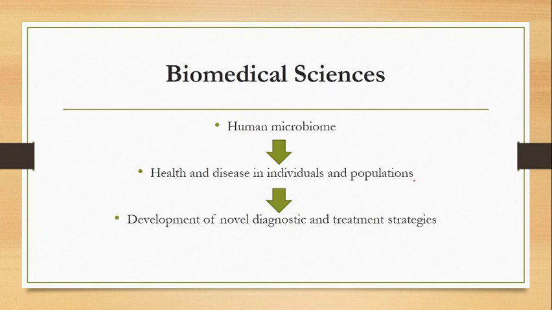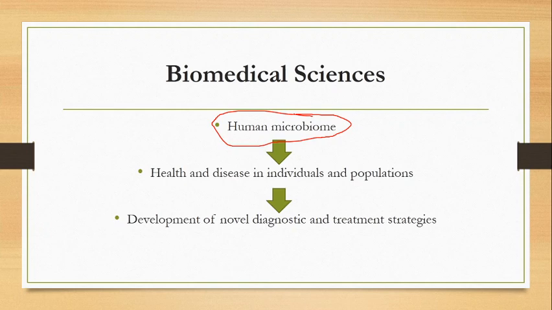Next is biomedical science. Okay, now this is a very unique thing, and work is going on at a large scale regarding this. Metagenomic work in biomedical science is done by learning human microbiomes. See, what we know till now is that in our gut E. coli is there, that is a single microorganism. But if you take a sample of your gut or your fecal sample or anything, you will find a list of different unique genes which are present there. That means those microorganisms are there, but they are not culturable. Only the Enterobacteriaceae family is culturable from the gut, right?